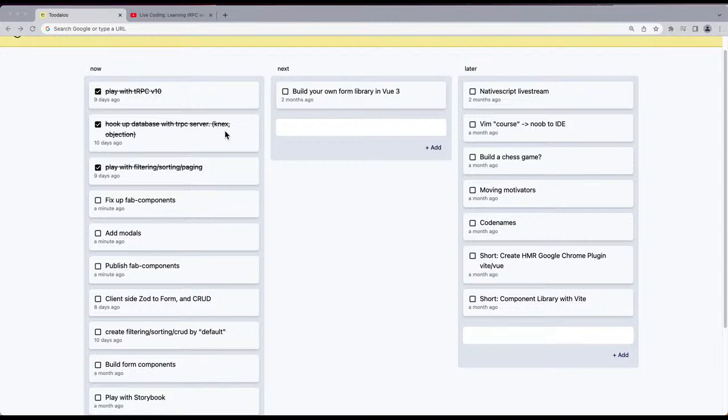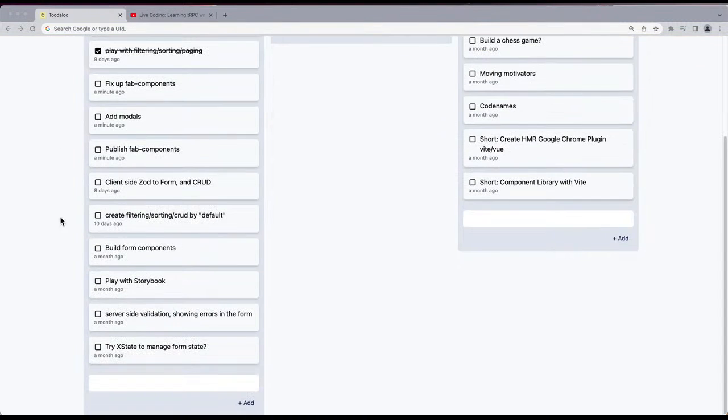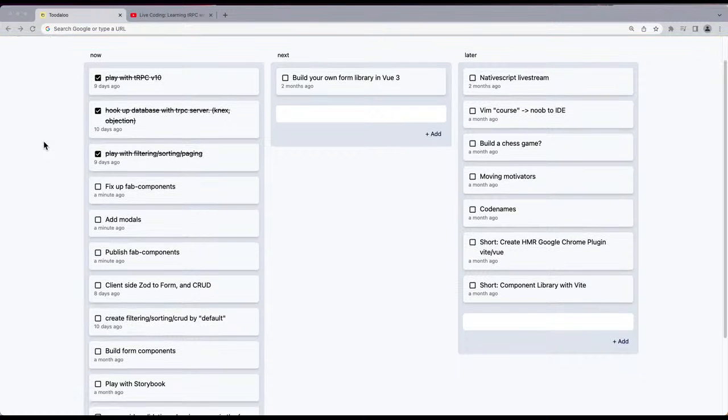Okay, we're live. So today I want to work on something a bit different, or I want to jump back to something I was working on before. Initially I was building this form stuff. I jumped on from there to do graffiti and playing around with JSON API. And then I found TRPC, started building a backend and front end using TRPC. I want to continue doing that, but before I get back to that, I want to go back to work